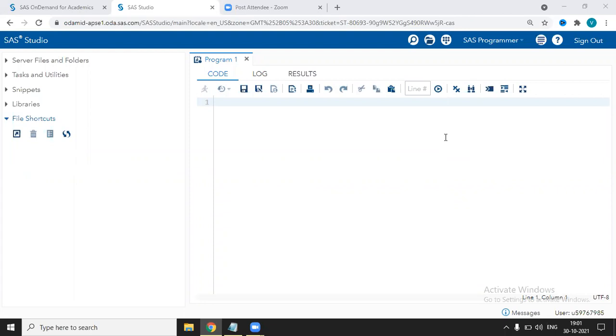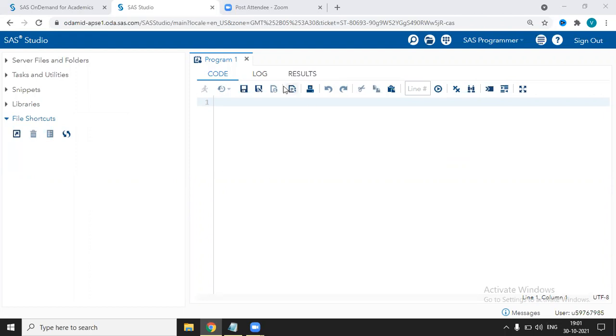From this lecture onwards, we are going to learn programming in the SAS Studio. Till now, we have learned how to use the menu-driven part, just by clicking any of the actions and how to do the analysis, like filtering the data, listing the data, or summarizing the data, etc. But in this lecture, we are going to start the programming part of the SAS Studio. We learn from the basics of the programming.